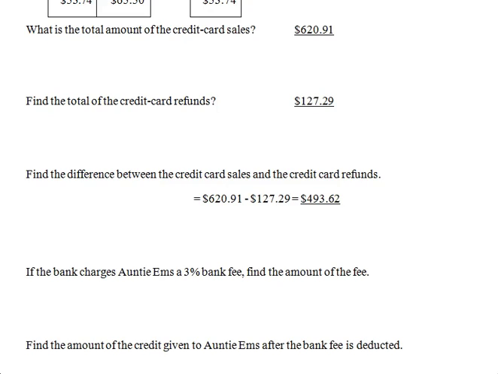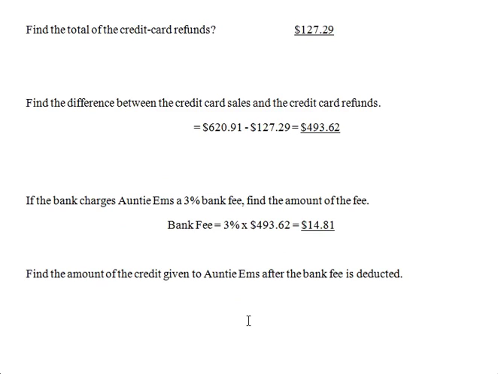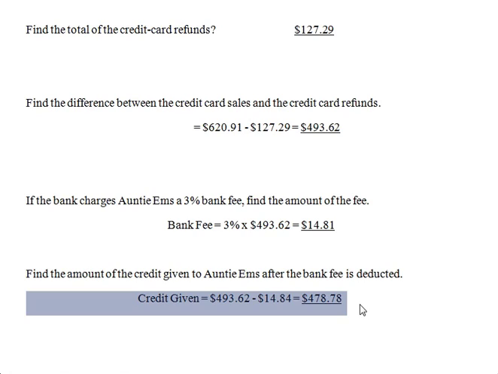So, in order to find the actual amount of the fee, we take the $493.62, we multiply that by 3%, and we see that Auntie M had to pay a $14.81 fee. Now, the amount of credit given to Auntie M after the bank fee is deducted is found by taking the $493.62 and from that subtract $14.81, which yields